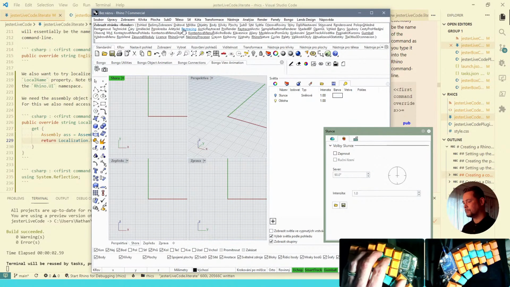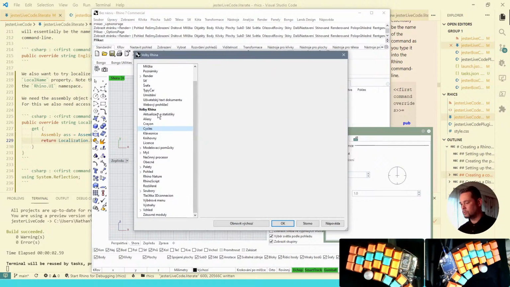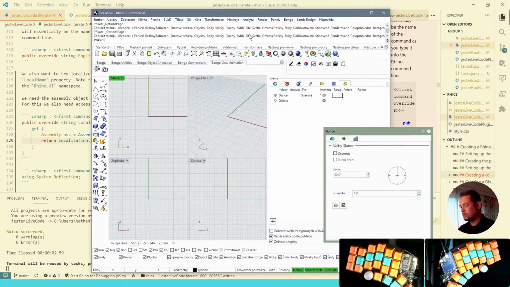Oh, well, let's do it this way. So just cycles, because I recognize that. Now we have this one. Was this a smart thing? Not really. So I guess the easiest way is to do